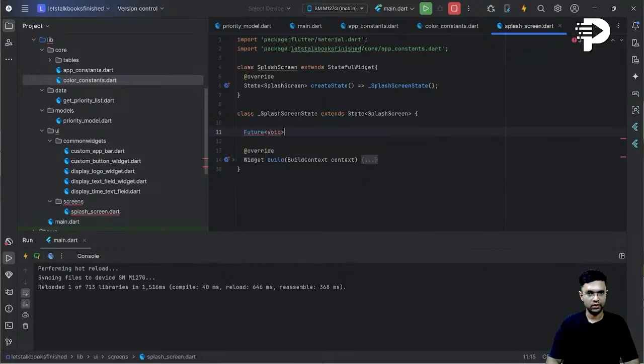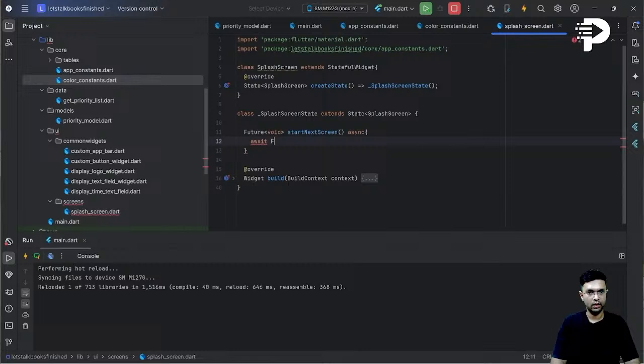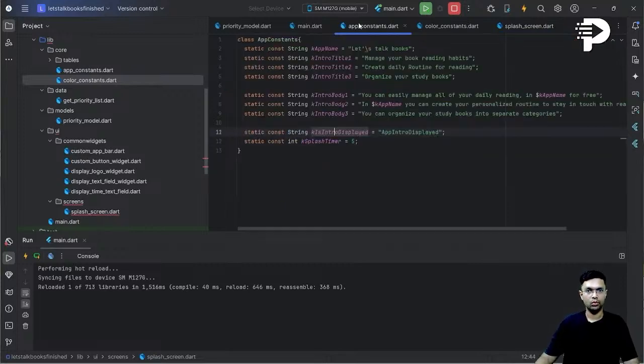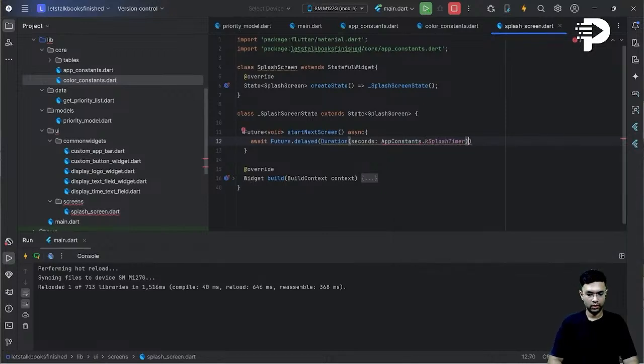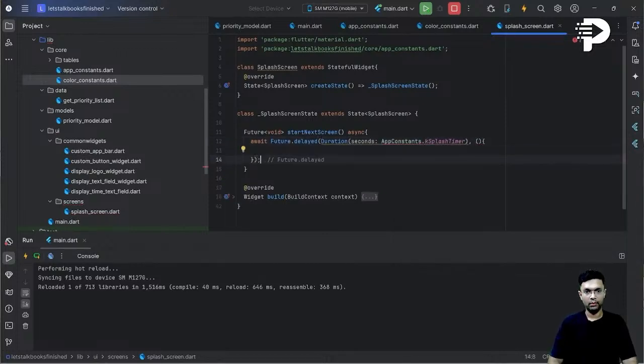What this is going to do is, it is going to start the next screen in my app. Now, over here, like I was saying, I'm going to delay this by 3 seconds. So let me just go, and over here, use this variable which is presently at 5. I'll change it to 3. Then app constants timer, and over here I'll mention once this timer is expiring, I'm going to go to